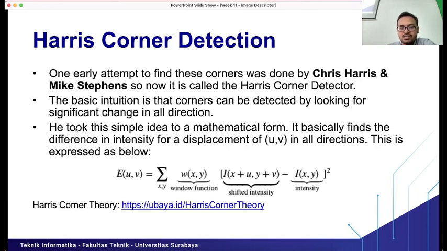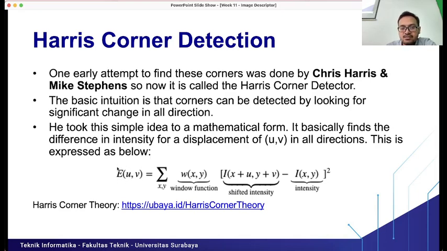The basic intuition is that corners can be detected by looking for significant change in all directions. He took this simple idea to a mathematical form. It basically finds the difference in intensity for a displacement of u, v in all directions. This is expressed as a formula below.